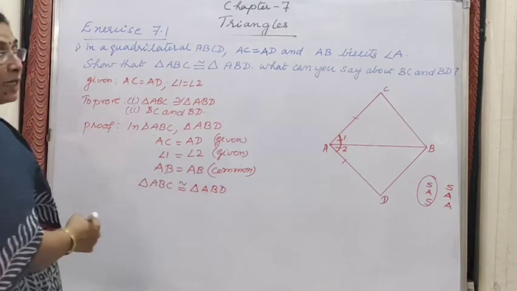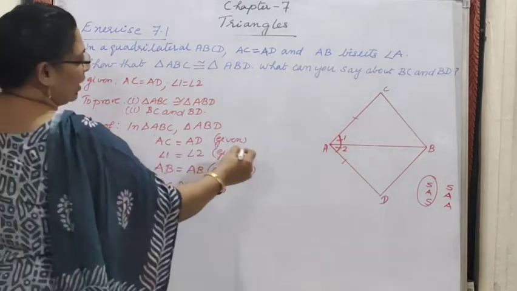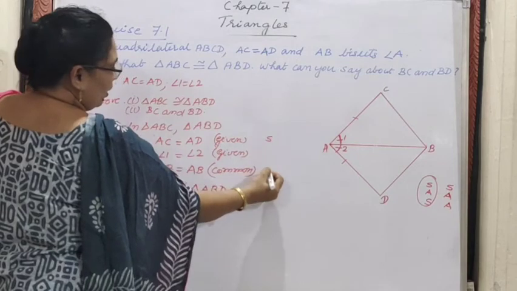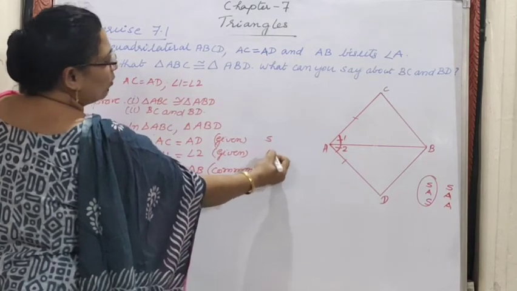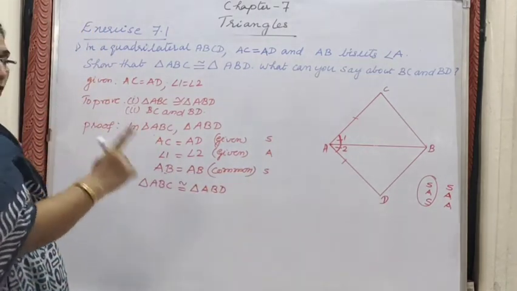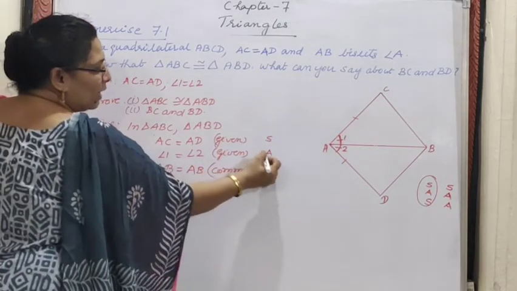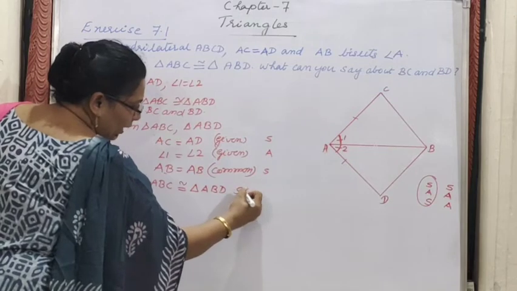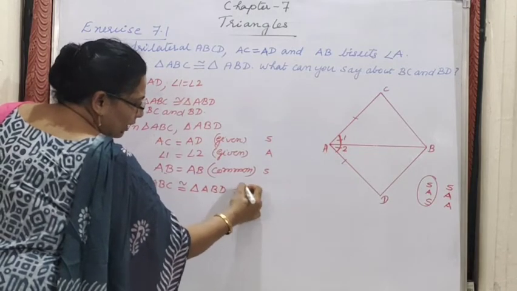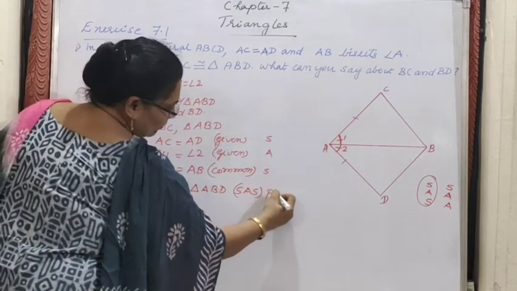So now the criteria, you must be careful. See here a side is given. Here also a side is given, and here the included angle is there. So we should always check when the SAS criteria is used that the angle A is included. So it is an included angle, we verified also. We will write SAS, proved first part.